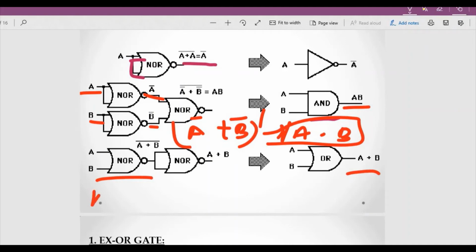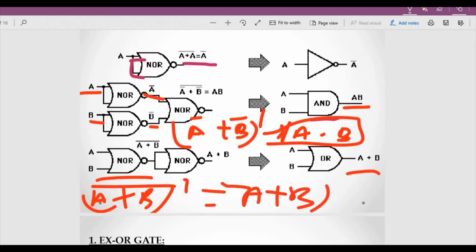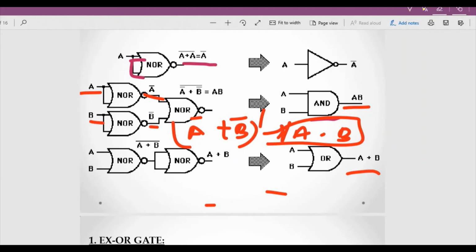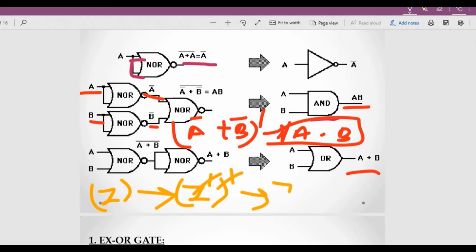Okay, so here A plus B the whole complement, and when it is given in the inverter gate, what would be the scenario? It would be double complement, so you are getting ultimately whatever the input is there. Okay, that is A plus B. Actually what is happening out here, I am just drawing to make you understand. Whenever you give any input I, and it is I's double complement, these complements cancel out and you get the output as original.